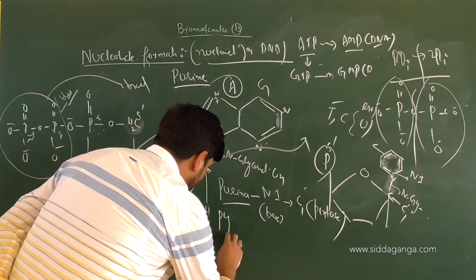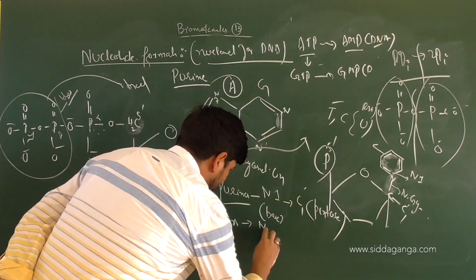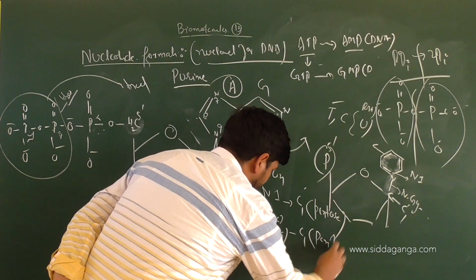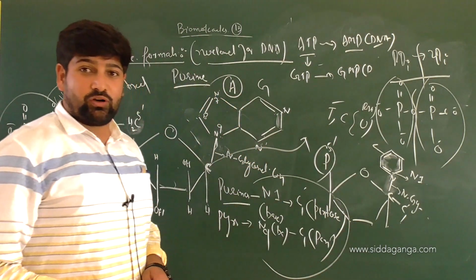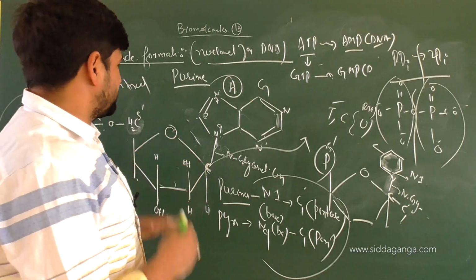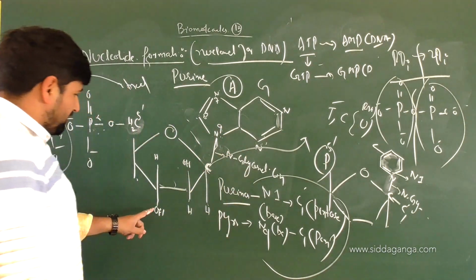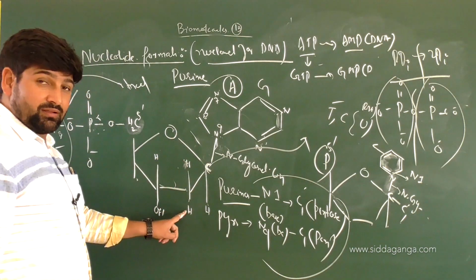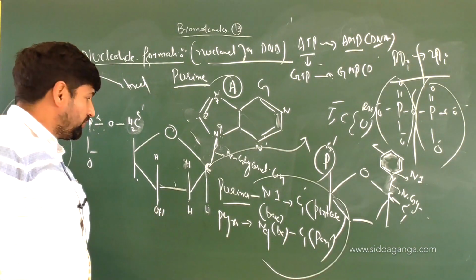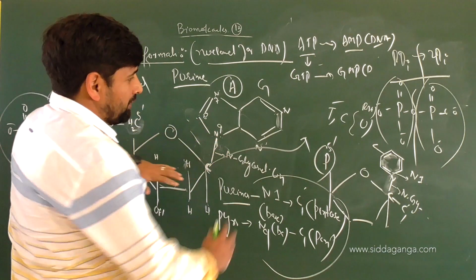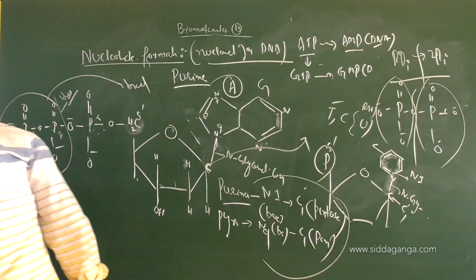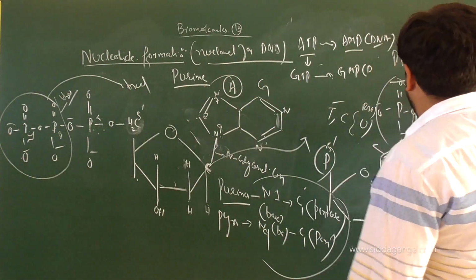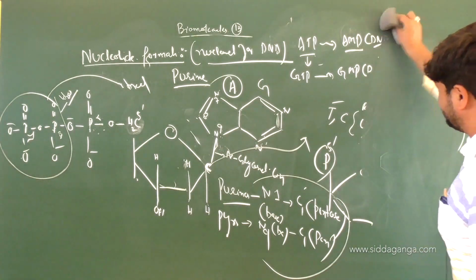Okay, in pyrimidine, it is N9 of base with C1 of pentose. It's a basic thing. Followed or not? So on the whole, when you look at the general scale, this is our nucleotide now. Have a look now. If it is deoxyribose, this OH will not be existing here at all in DNA. Now this one will engage in bonding with the next nucleotide. This OH is over, this OH is over. All the OH groups on this molecule are over. I'll show you in the ribose sugar what exactly will happen now. Is it clear? Right. So in DNA, incorporation will be from only one phosphate. That's the monophosphate group.